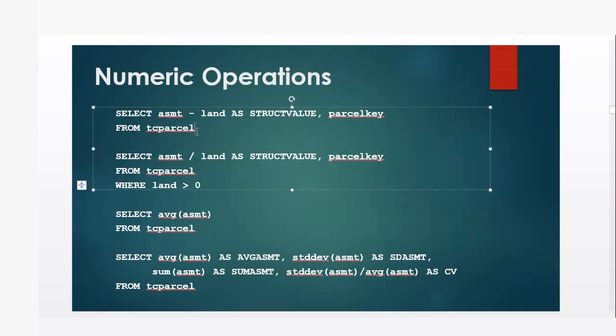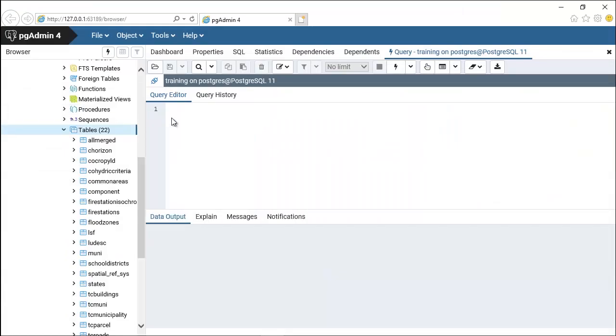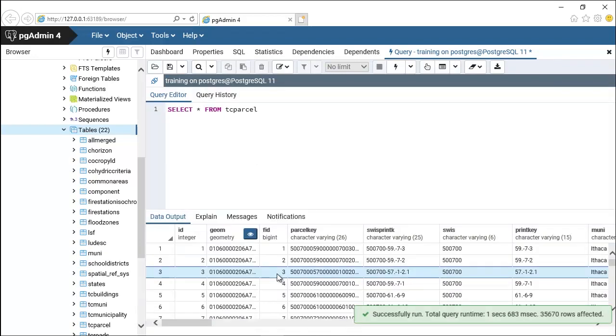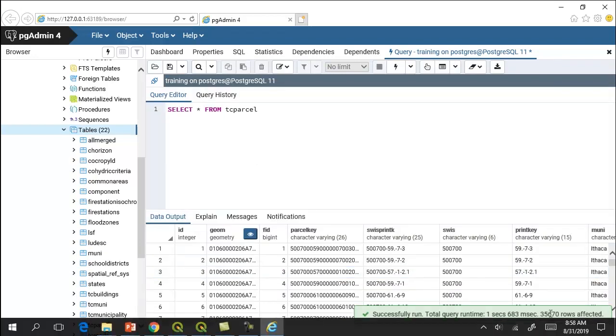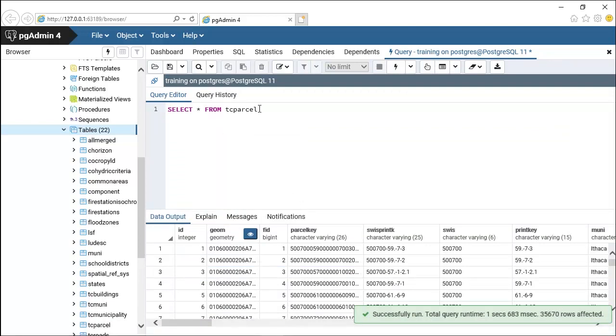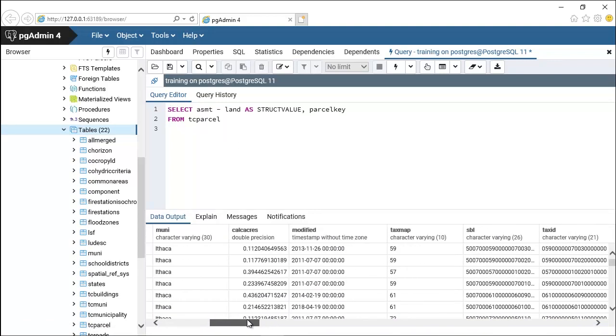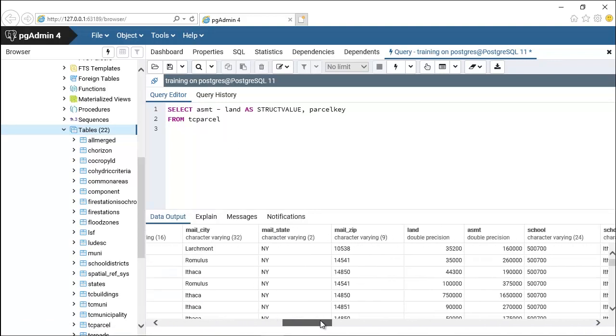Let me just copy this. And we'll come in here. So before we do that, just again say select star from TC parcel, right? And that star says, let's select everything. So here are all of our records that get selected, 35,670 rows. Now, what I can also do is select, and we've got a couple of different variables. Let's go through here as we work through. As I scroll through the data,